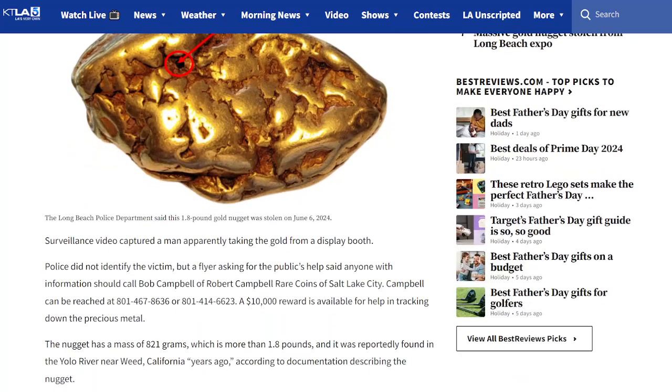But surveillance video captured a man apparently taking the gold from a display booth, and we're going to see that here in a moment. But yeah, can you imagine casually how it happens? But glad that there was some video capture of the theft. People have really fine-tuned the art of the sleight of hand, and at many of these shows, we see that in casinos, and of course, even at shows like this, people have to be extra careful and extra diligent. Whether you are a coin dealer or a customer at a coin show, always be aware of your surroundings